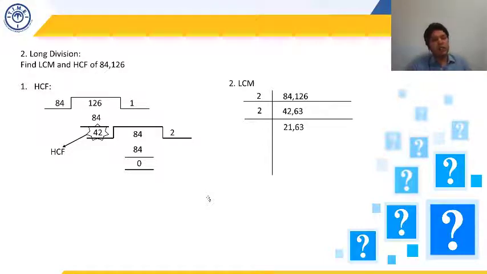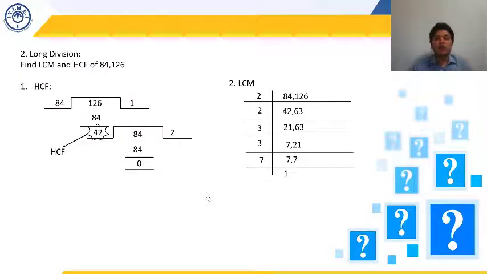The next prime factor is 3. Now we will divide both of them by 3. 3 7s are 21, 3 21s are 63. Again, 7 is not divisible by 3, but 21 here is divisible by 3, so we divide it by 3 only. 7 will come out as it is, and 3 7s are 21, giving 7. Now they are not divisible by 5, so we will try the next prime factor, which is 7. So 7 ones are 7.